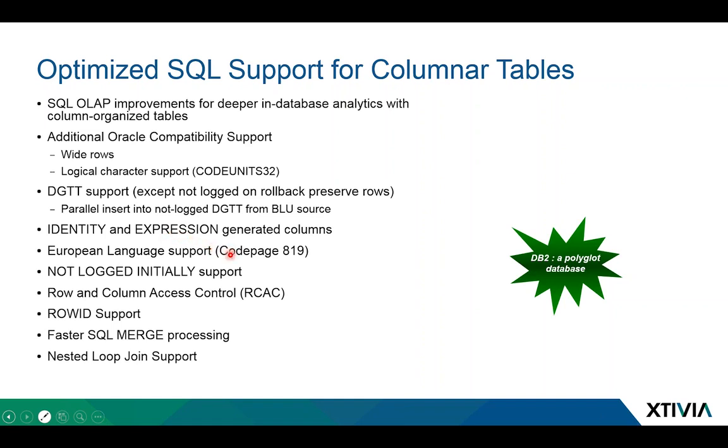European language support was added with code page 819. This was the number one question that I got from a number of people when I spoke at the DB2 symposium in Eindhoven in the spring: when was code page 819 support coming for BLU? And it's finally there, and that's a huge feature to a lot of our European clients. There are other nice features like not logged initially, row and column access control. That fine-grained access control within DB2 is now supported with BLU. Nested loop joins are now supported, along with